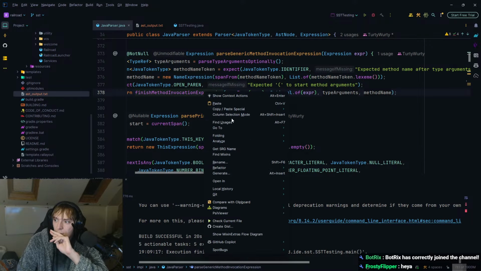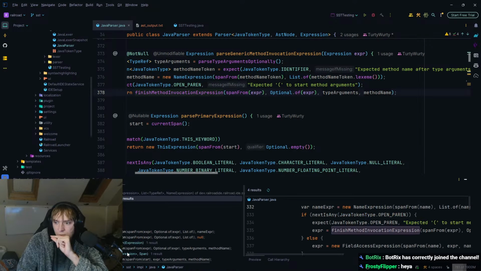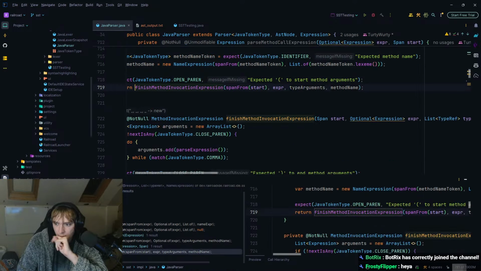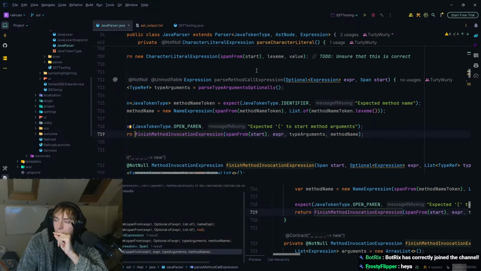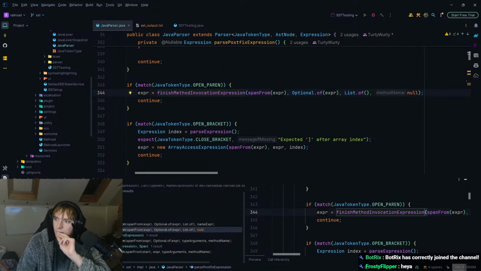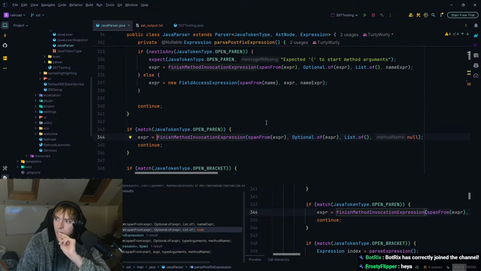Yeah, so there's that one, which is for generic methods, and then we have this one, which is for normal methods. But for some reason that's actually just not being called, which isn't correct. I don't know where that's gone.